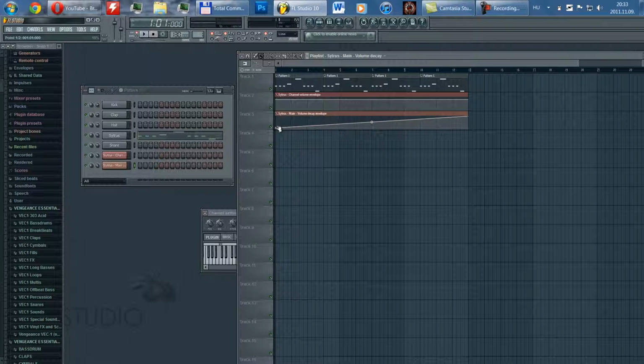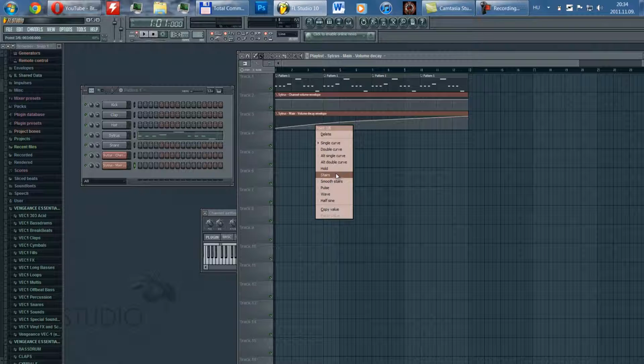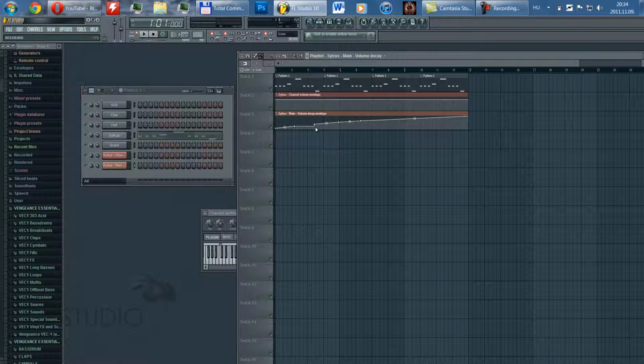Then right click on these dots like these, and there's a few options here, like my favorite is hold, because it does this,